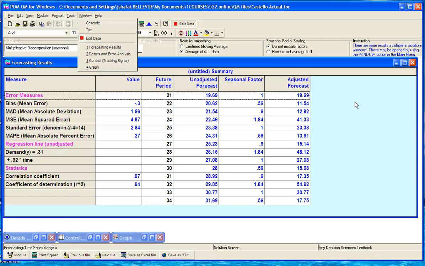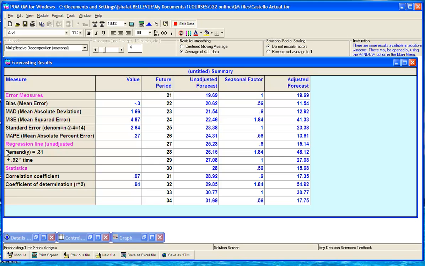The first one is the forecasting results. That's where the summary or the vital statistics is. It tells you bias, MAD, MSE, standard error, and MAPE for the analysis. It gives you the regression line, or actually this is the trend line. It tells you that the trend adjusted forecast is 0.31 plus 0.92 times time period,